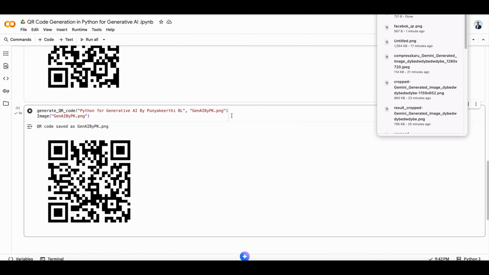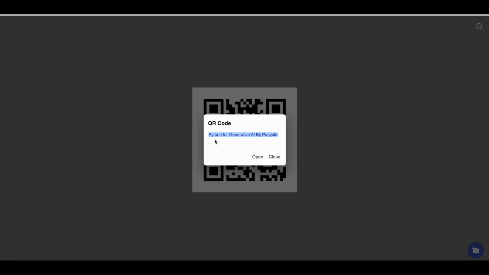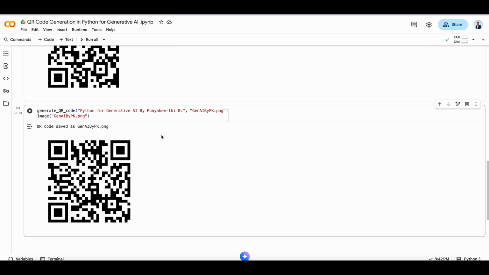When I save this, it is saved locally. I will open it. Now the scanner shows my text encoded as well. In this way, we can generate